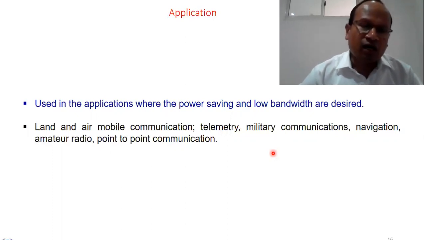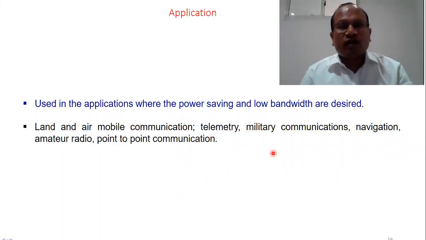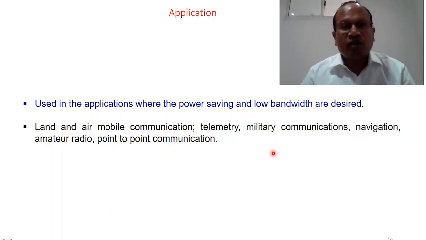In single sideband, we have seen mathematically, also with the help of a spectrum, that there is a significant amount of power saving, because if the carrier is not sent, a large amount of power can be saved. And even if the carrier is sent, some amount of power is saved because one sideband is not sent. Bandwidth saving is there. Only half the bandwidth is needed when we compare with DSB. So those are the major advantages of SSB we have discussed.